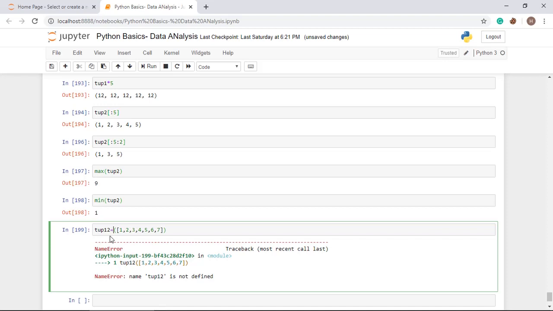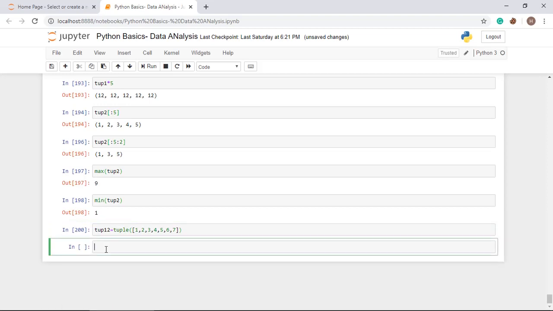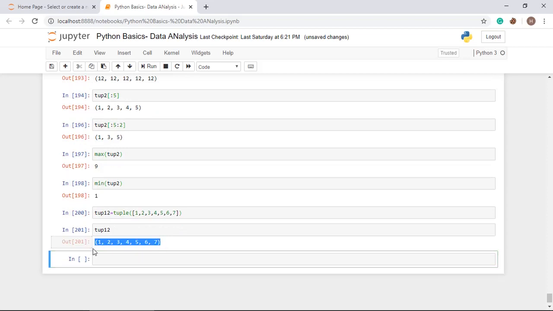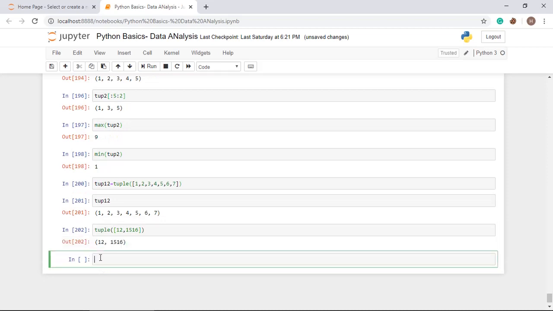So tup12 is equal to tuple and then put the list, and you will get the answer like this. Tup12 is 1, 2, 3, 4, 5, 6, 7. When you use the tuple function and pass a list, it will convert it into a tuple. So you can convert a list into a tuple using the tuple function. The min of a tuple gives you the minimum, the max gives you the maximum, and the len gives you the length of the tuple.